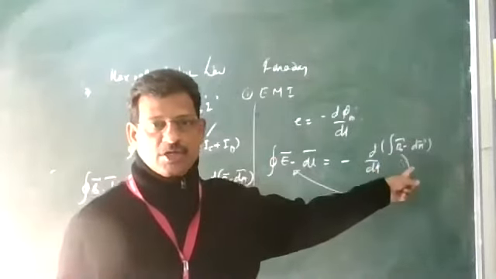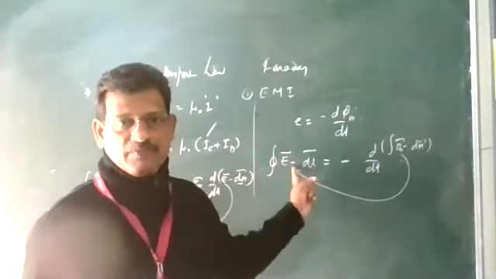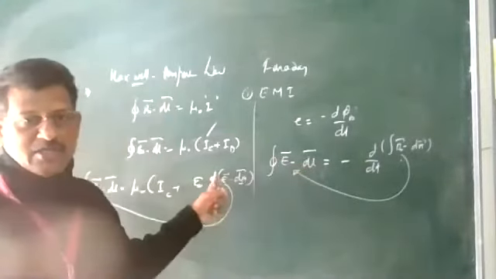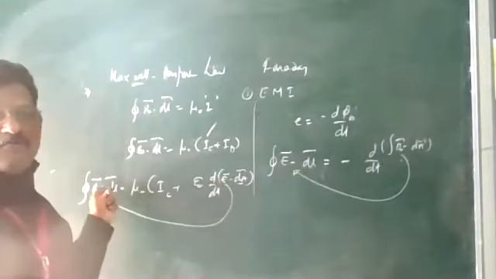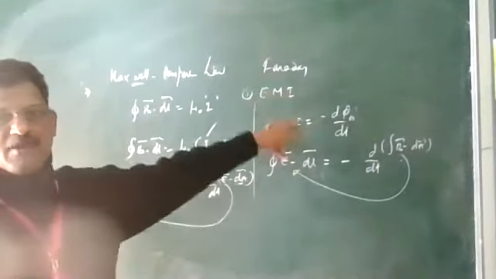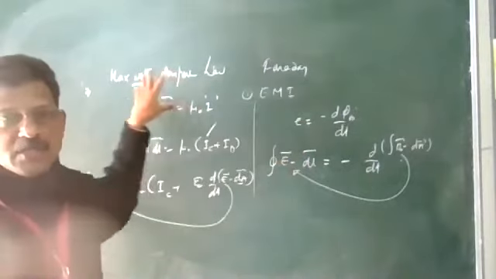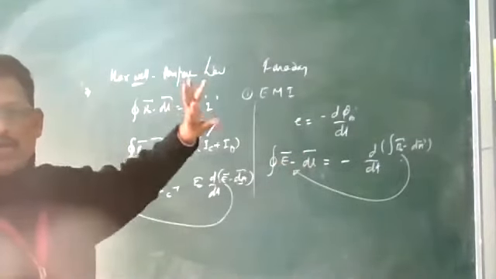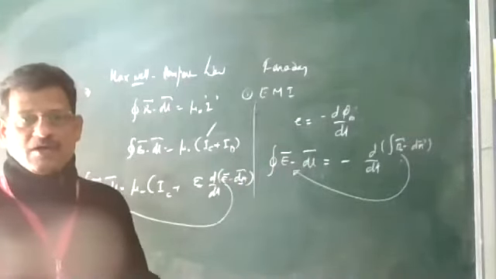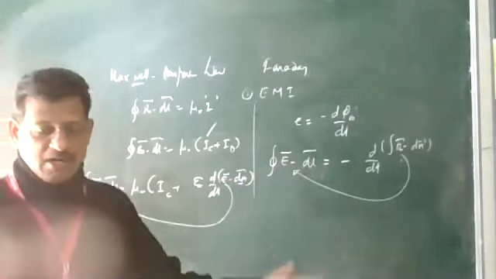In electromagnetic induction, a change in magnetic field is the source of induced current, and it produces an electric field. A change in electric field is the source of magnetic field because it produces the displacement current. This is Faraday's law of electromagnetic induction, and the other was introduced by Maxwell. So a change in one field is the source of the other. When the magnetic field changes, an electric field is produced. When the electric field changes, a magnetic field is produced.